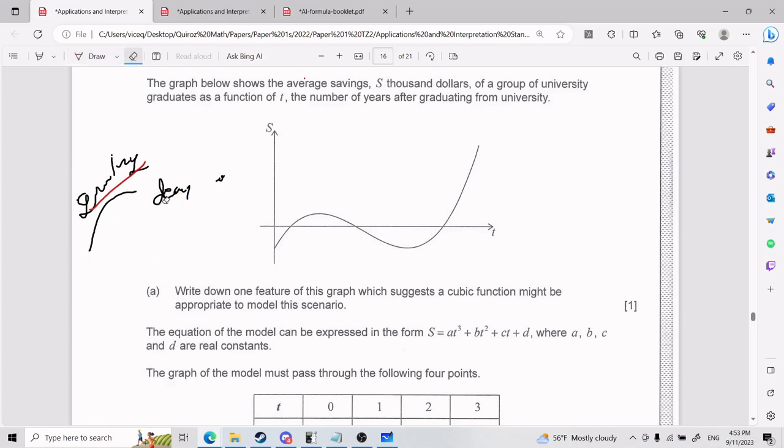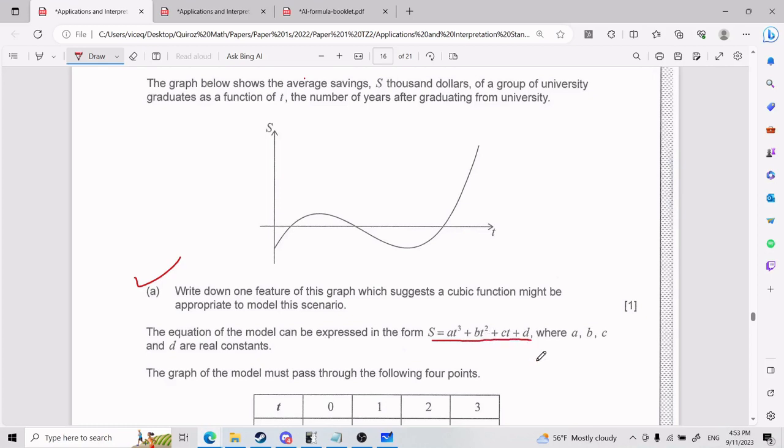You find the reason that helps you best. For me, it's the S-shaped thing, and you have to just put the fancy math language that you have one max and one min. Those three reasons work. You find which one works for you. That is per day. Then they tell us that the equation of the model can be expressed in the form